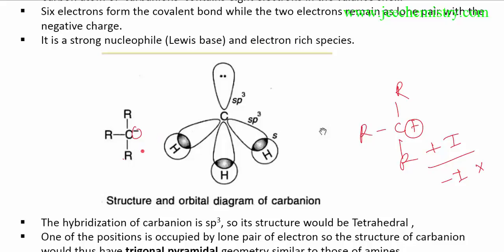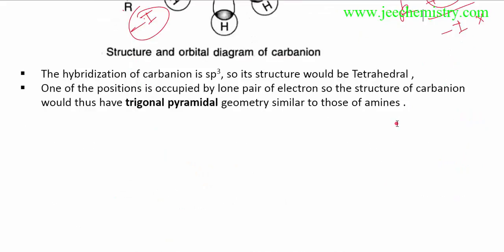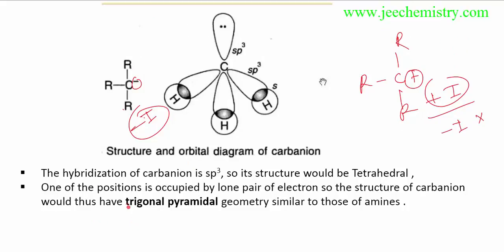Similarly, since the carbanion is electron rich, anything which stabilizes the minus charge by withdrawing electrons and dispersing the minus charge, a minus I group, will try to withdraw the electrons. By this the minus charge stabilizes. The minus I effect will stabilize the carbanion, but the plus I effect will stabilize the carbocation. There is a difference. This is electron deficient, this is electron rich. Electron rich requires the minus I effect, but electron deficient requires the plus I effect. The carbanion has a trigonal pyramidal geometry, similar to an amine.